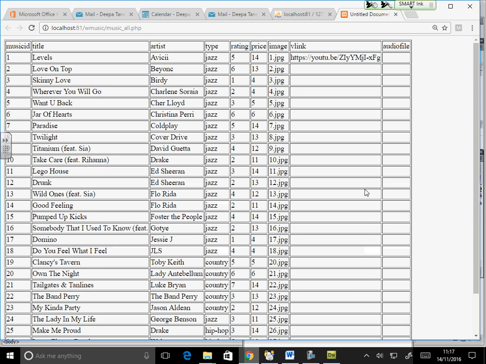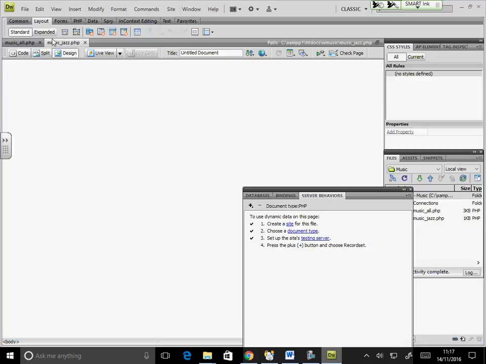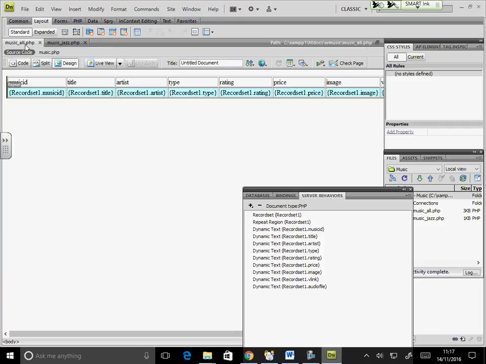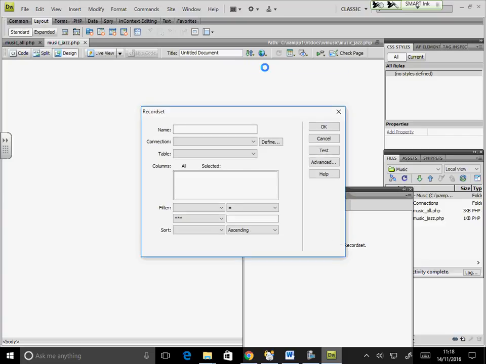So this is your table. Now I'm making another record set, which is in another page. This is here. Yes, Angel. You can do it in normal divs. I'll do a div. I'm going to do a div now. This is Music Jazz. Actually, I'm trying to do two things together here in Music Jazz, just to show you. I'm doing a record set again, right?